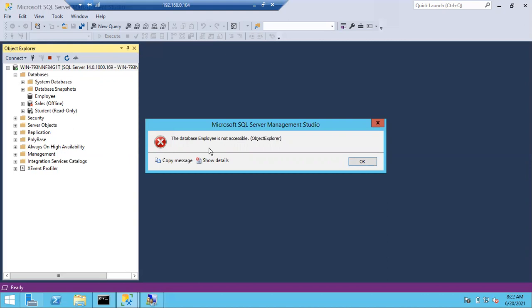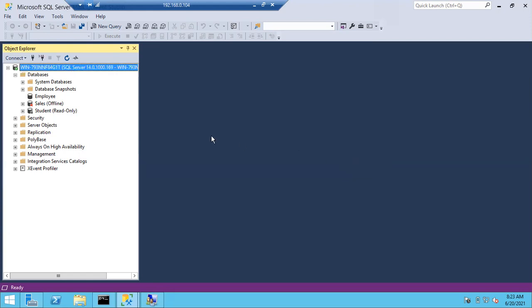Remember, whenever you create any login without giving any privileges, a default login can connect to the SQL Server. He doesn't need any permissions. If you create a login in the SQL Server, either a SQL login or a Windows login, by default he can connect to the SQL Server.